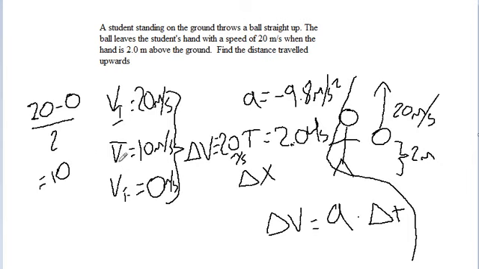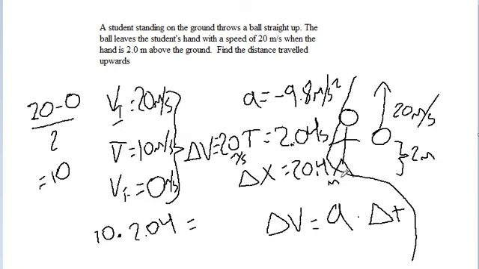Now, to get our change in x or our displacement, what we will do is multiply our average velocity times our time. So we get 10 times 2.04, giving us a displacement of around 20.4